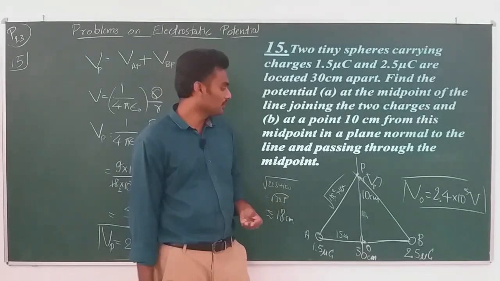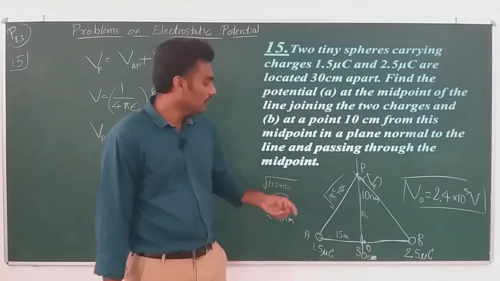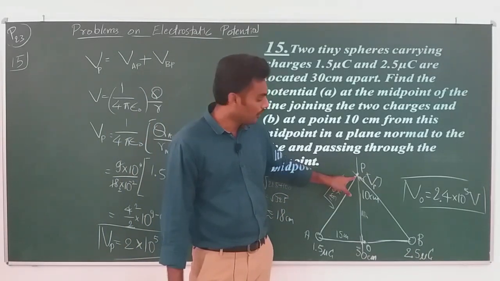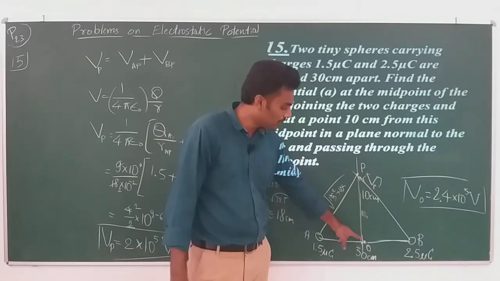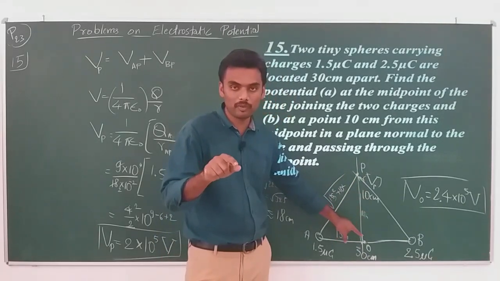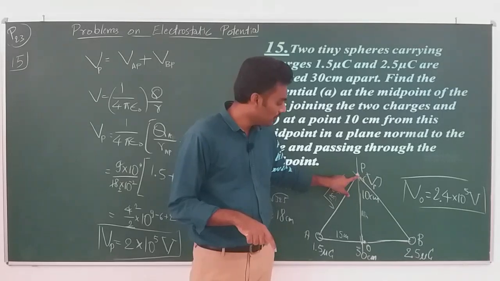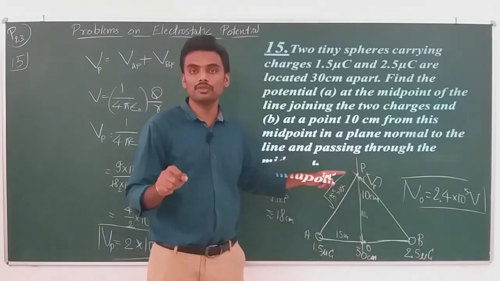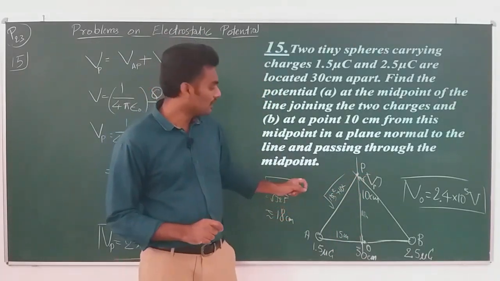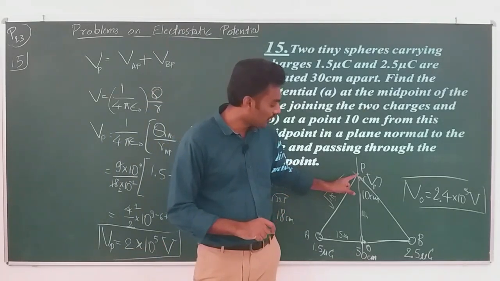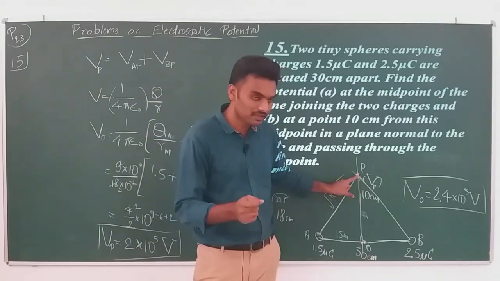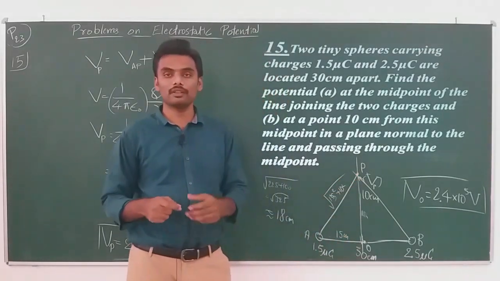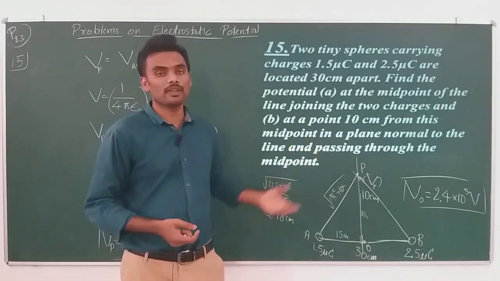If they ask you the question like this, then the amount of work that you need to do is the potential difference between points P and O, right? Delta V times q, remember that? Delta V is VO minus VP, final potential minus initial potential, times q. So that is the work which has to be done in moving the given small charge q from P to O, that you can solve. This is a little extra extension of the given question.